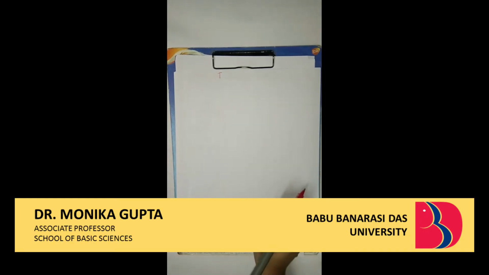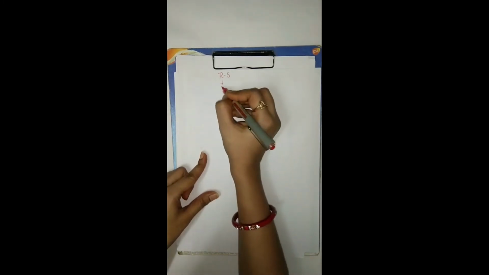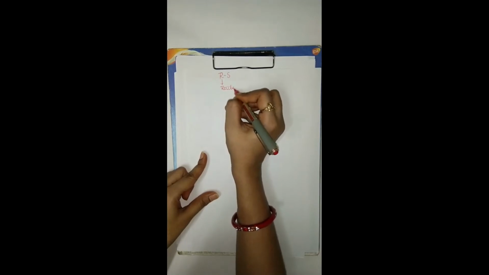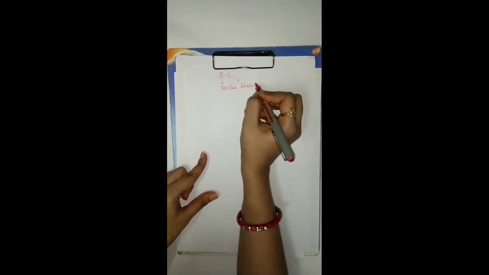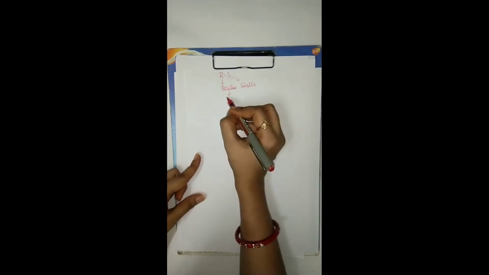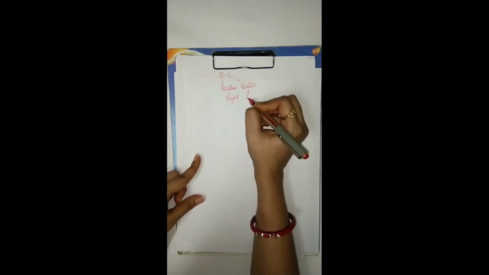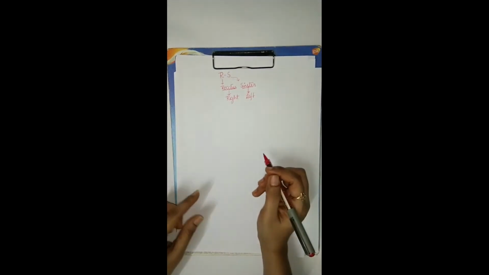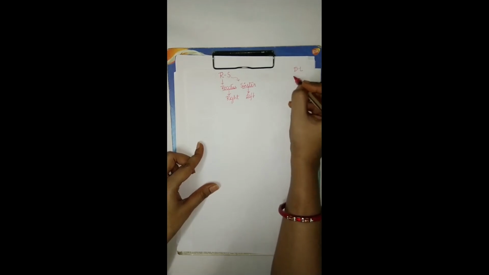Students, today we will discuss capital R, capital S nomenclature. What is the capital R, capital S nomenclature? Capital R means rectus and S for sinister. This is the Latin word, and what is the meaning of rectus? Right side. And what is the meaning of sinister? This is left side. Before RS nomenclature, we have read capital D and capital L nomenclature.